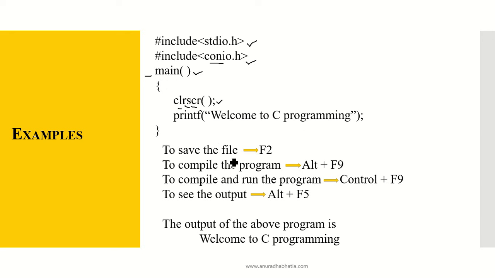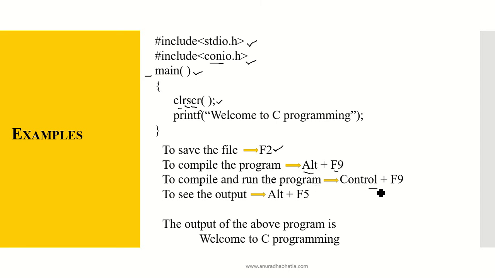Now let's see how to save the file. The shortcut to save the file is to press the function key F2. Otherwise you can go down to the File menu and press Save. To compile the program, I can go down to the Compile menu and say Compile, and the shortcut key is Alt+F9. And to compile and run the program, we go to the Run menu and press Run or Ctrl